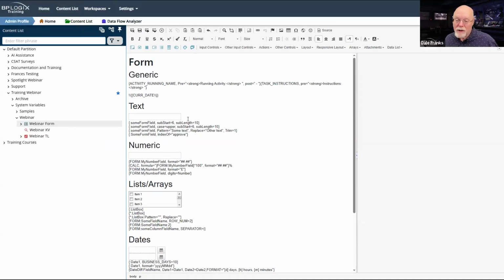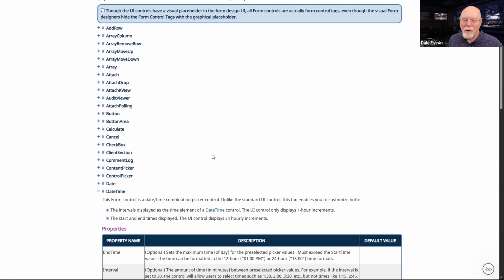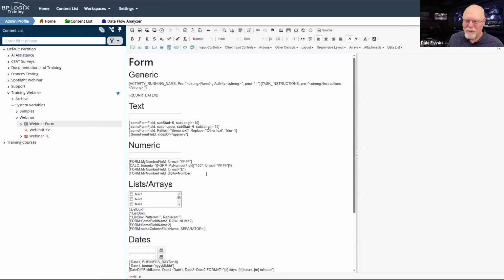But just so that you know, behind the scenes, you're always using a system variable control. So technically, you could create a form without using any of these at all. If you knew what the control tags were for all the controls that you wanted on your form, you could literally just slap the system variables in the text of the page for each control, and everything would still work. You just wouldn't have any of the visible placeholders, and your form would look a little uglier, but it would certainly work, and it would certainly be fine.